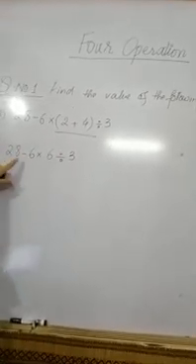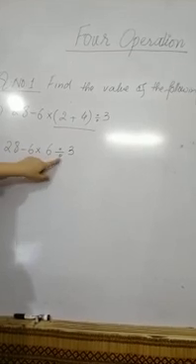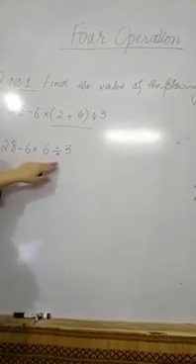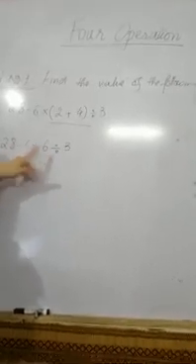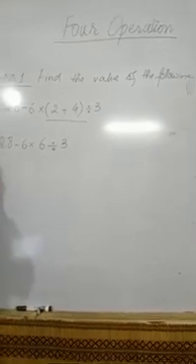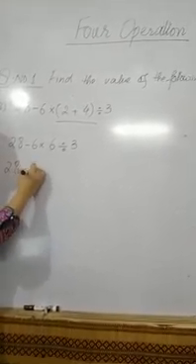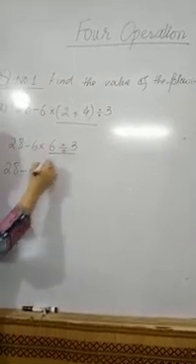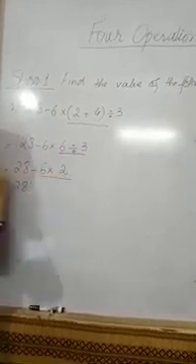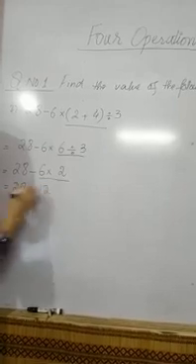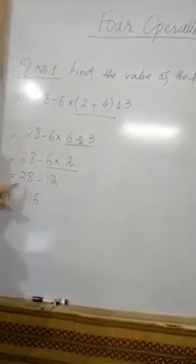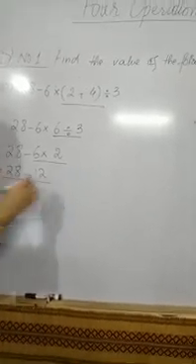Now here multiplication and division are present along with subtraction. So we have to apply the DMAS rule further, in which first we do the division, then the multiplication, and then we come to the subtraction. So this will be 28 minus 6 multiplied by 6 divided by 3, which is 2. Now we do the multiplication. This will be 12 and our answer will be 16. In the last step we have to do the subtraction.